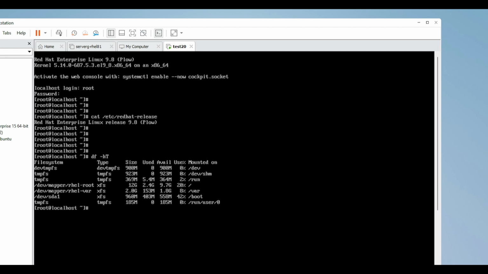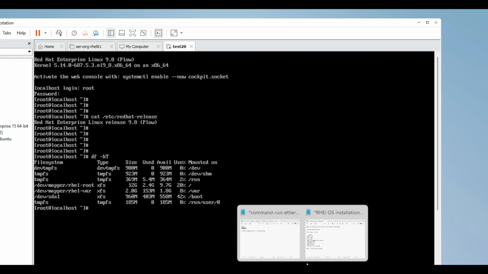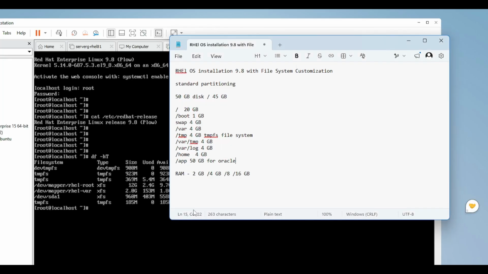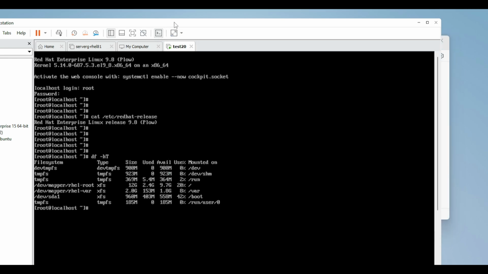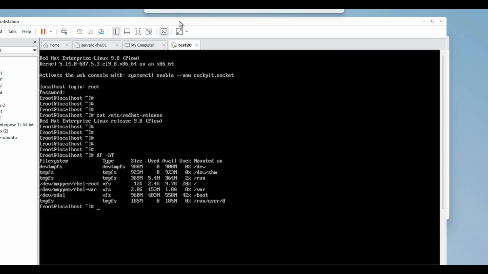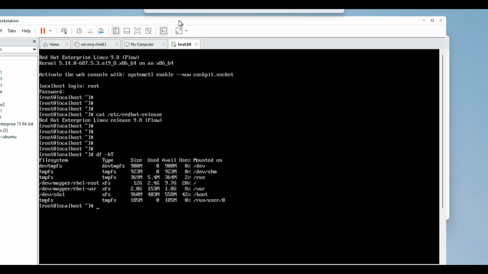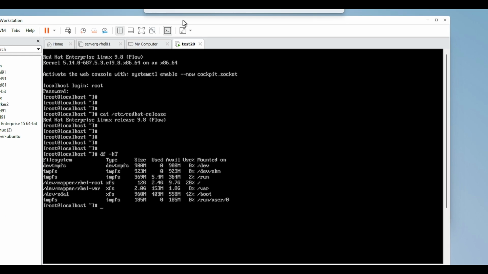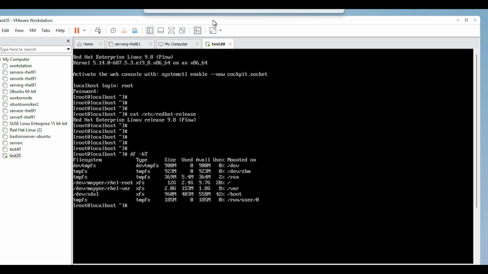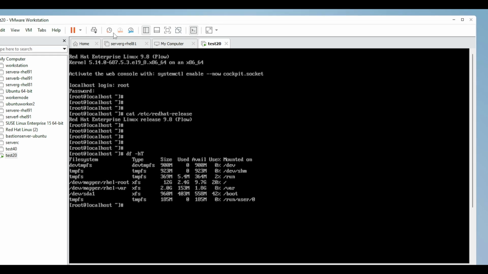But you have to follow this standard partitioning, and a disk of 50 GB is required. Actually only 20 GB was available, that's why it's 20 GB. So I promised you I will show you this in only 2 minutes. Let me power on another machine.